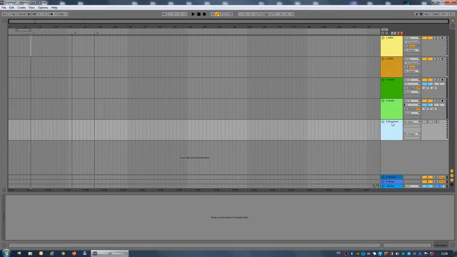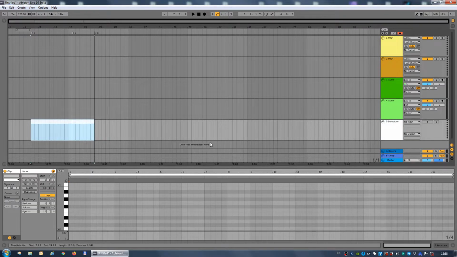Now, what many producers do is they make an empty MIDI clip for the full length of the song and keep it like that. The reason behind it is that it makes it super easy to loop the whole project if needed. Click on the clip and press Ctrl-L or Command-L and that's it. Well, this is perfectly fine.